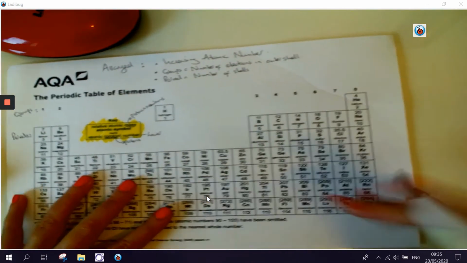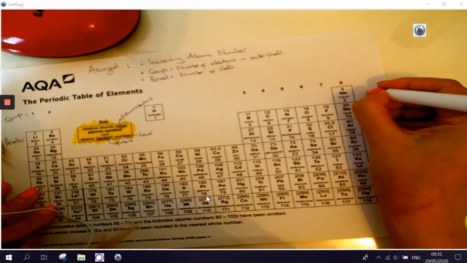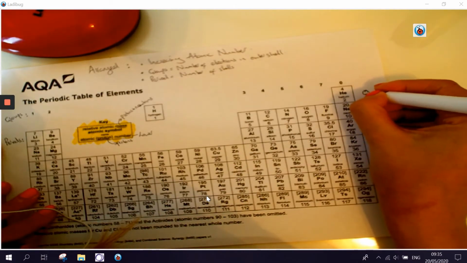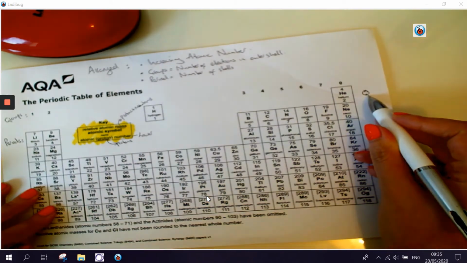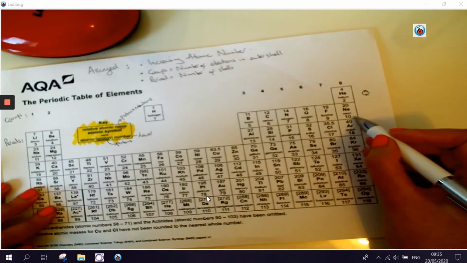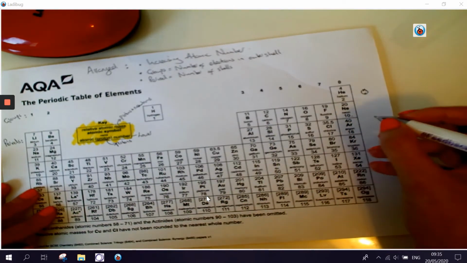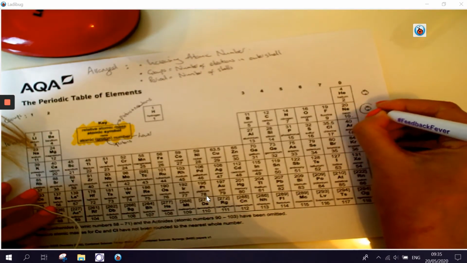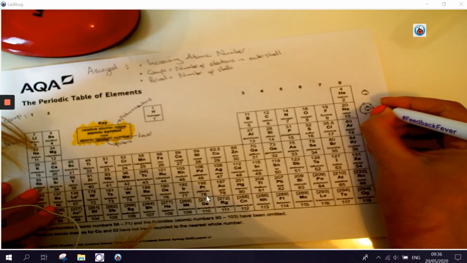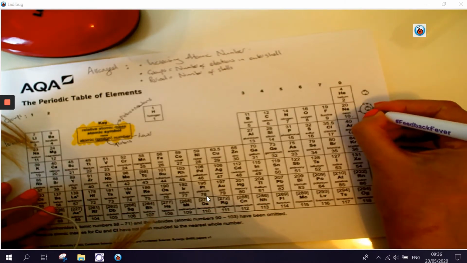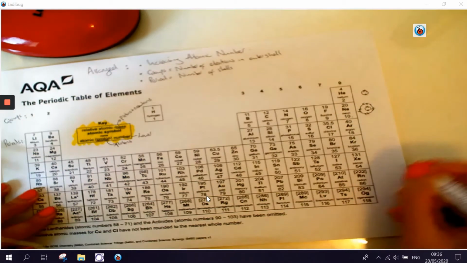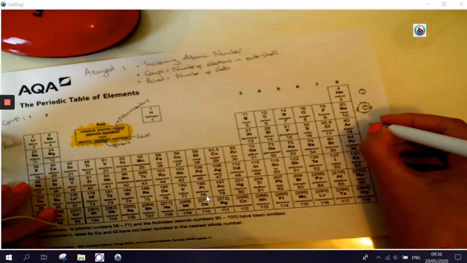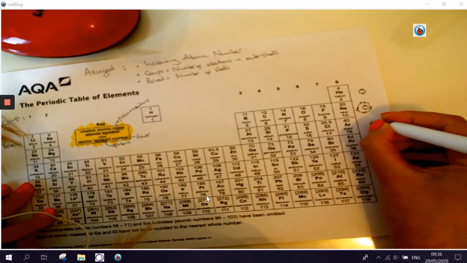So if we look at helium, helium has 2 electrons and only 1 shell because it's in the first period. Neon has 10 electrons, 2 in the first shell, and then 8 in the second shell because it's in the second period. Argon has 18 electrons, 2,